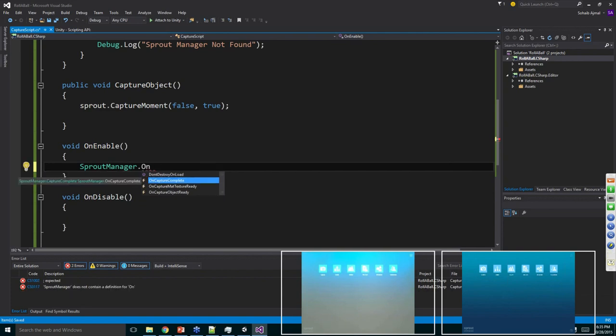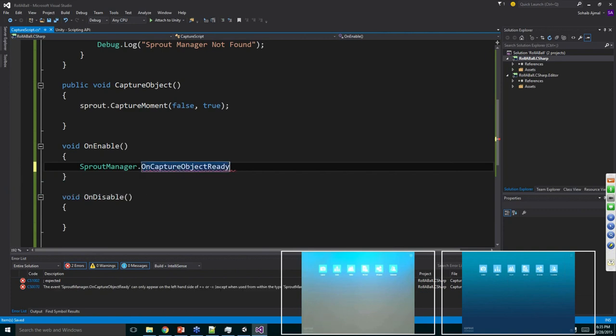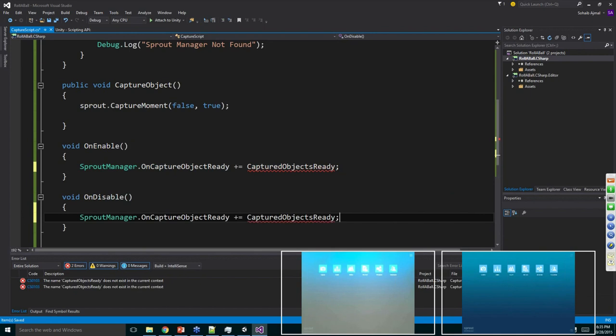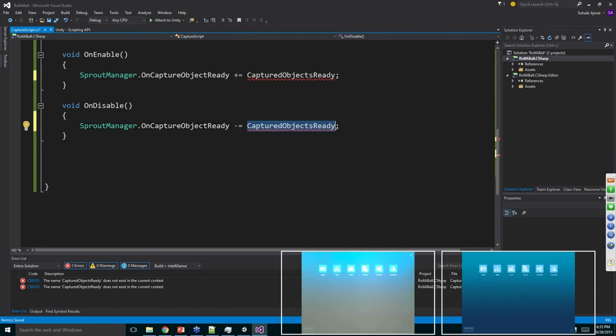On capture, there are a bunch of events. Among those events I'm going to use on capture objects ready. On capture complete will be triggered when the capture is complete, and on capture object ready, which you are seeing on my screen right now, will be triggered when captured objects are ready. I will create this function soon. Inside my OnDisable function, I'm going to unsubscribe from this function call, and I'm going to create this function as well, void